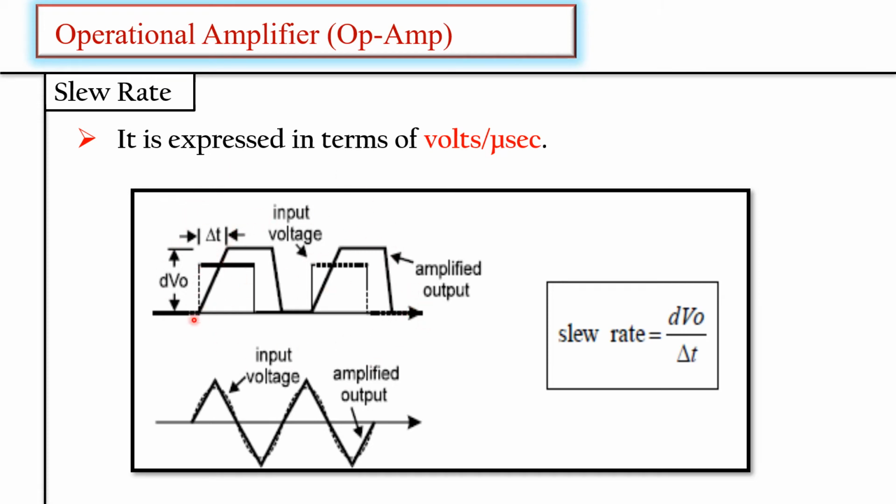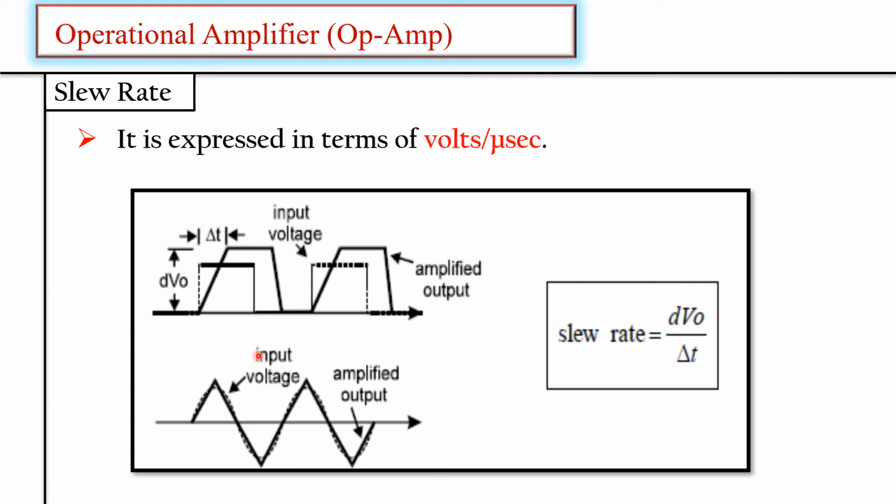it will take some time to reach from 0 to 5 volt. There is a delay, see, a delay of delta t to reach from 0 to 5 volt. And if you see the waveform, then the actual waveform will look like this. This is the output amplified waveform, right? The time taken by the op amp to reach this 5 volt depends upon the slew rate